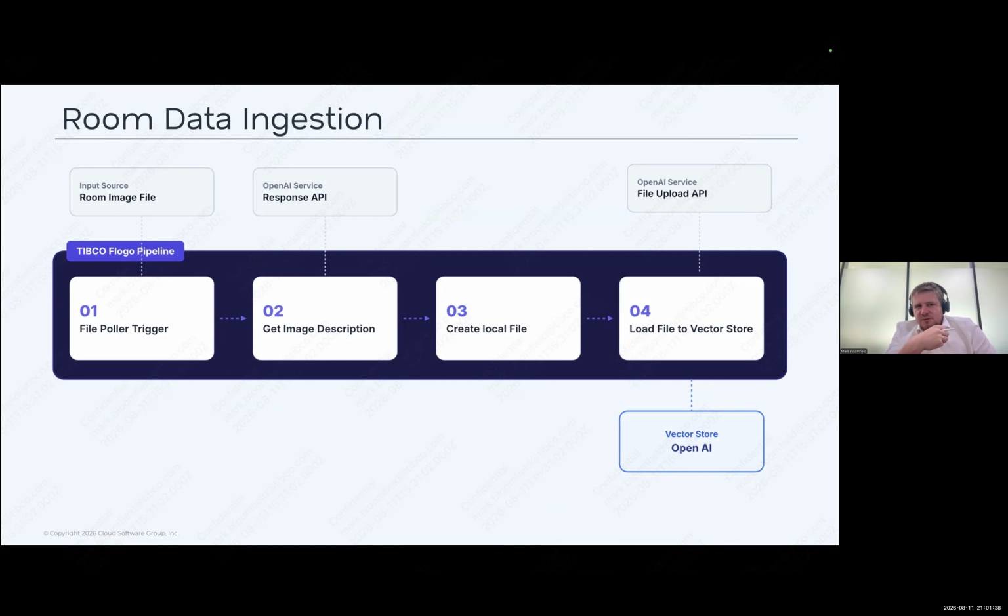We then call the response API to get a description of that. Underneath the covers, the LLM will analyze the image and generate the image description. In this instance, because OpenAI vector stores only work with files, we create a local file for that textual description, and then it is loaded into the vector store using the file upload